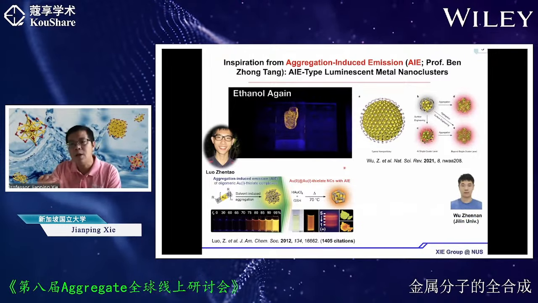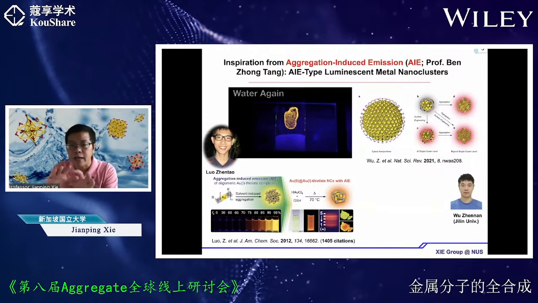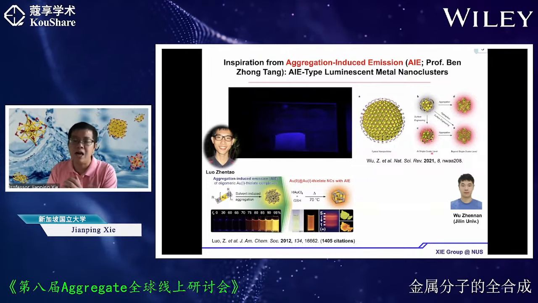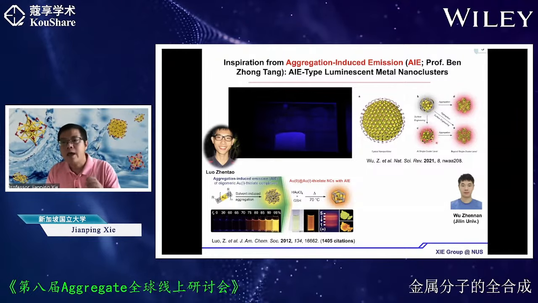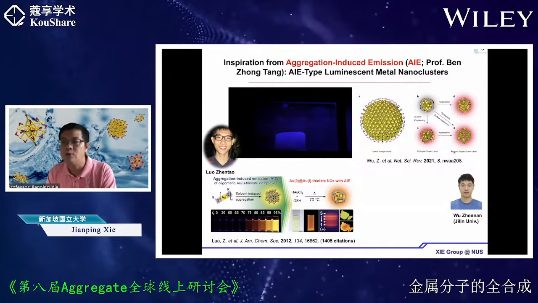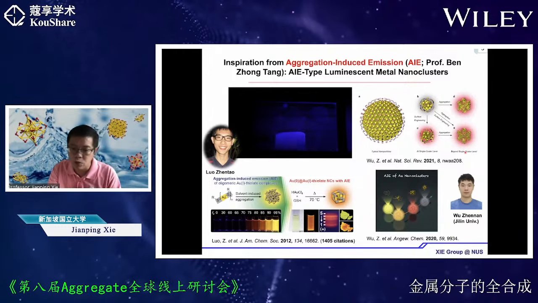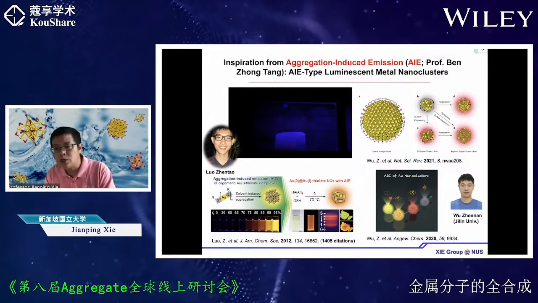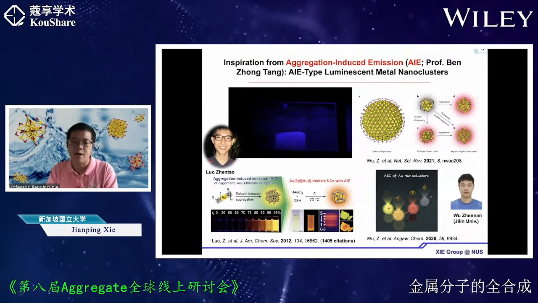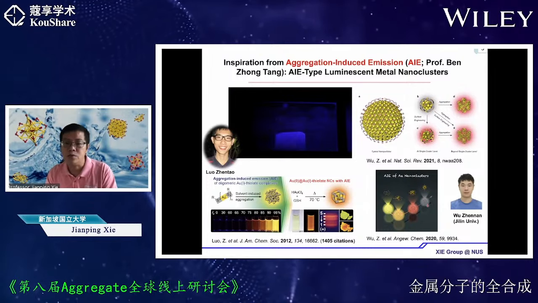And then we can control the different levels of these aggregations. For example, we can control these gold-1 thiolate complexes on the surface of the gold nanocluster at the single cluster level. Or we can further aggregate our molecules to form supramolecules, which is beyond the single cluster level. Then we can control the properties of these clusters, or control the structures and the motifs on the surface of the cluster, to control the emission color of these metal nanoclusters, all the way from yellow, orange, red to near infrared, right?